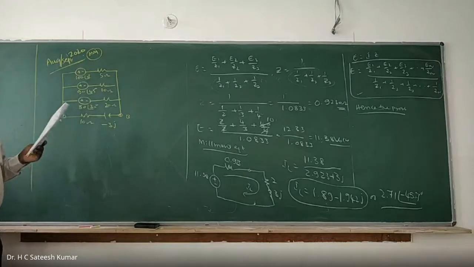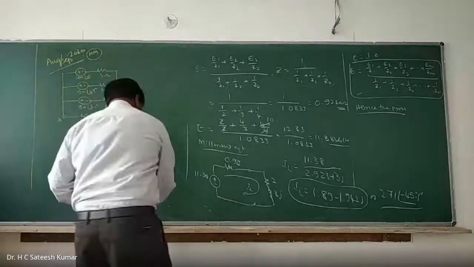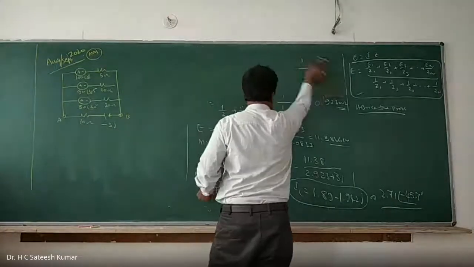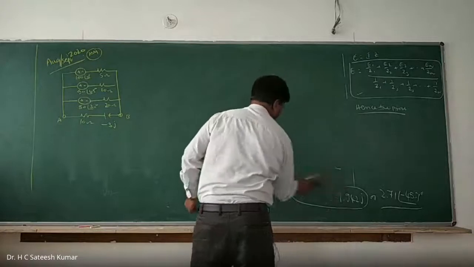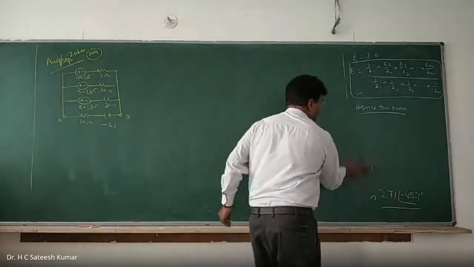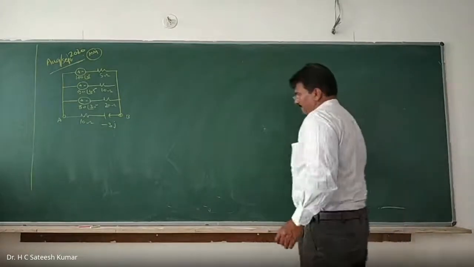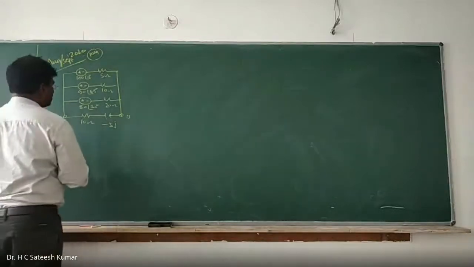The question is like this. Find the current through 10 minus 3J ohms using Millman's theorem. 10 marks question. Okay, very simple one, of course. All problems on Millman's generally will be very easy. Maximum they can give is complex values. Other than that, the problems will be very simple. Okay, right. Now let us go for this problem.